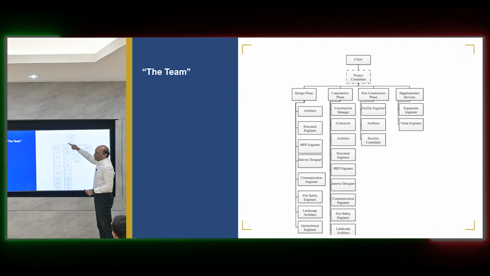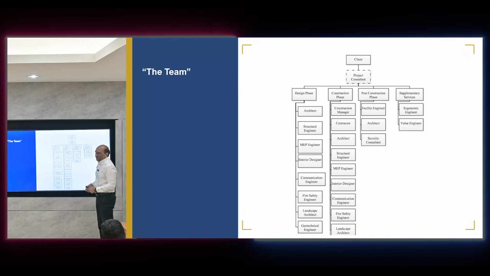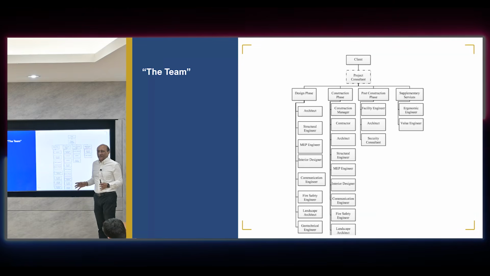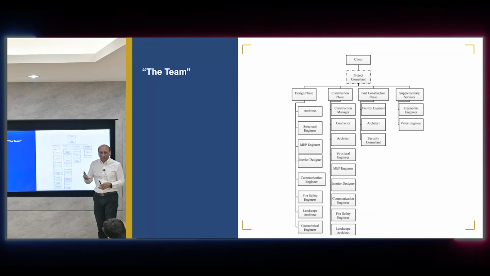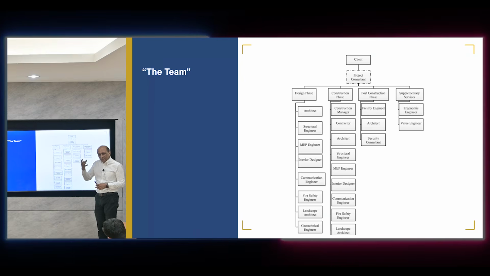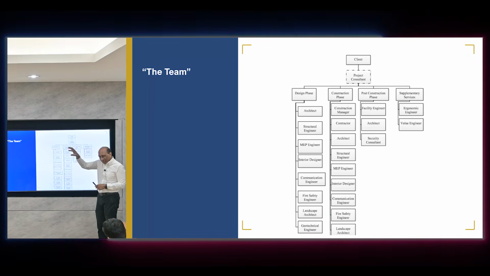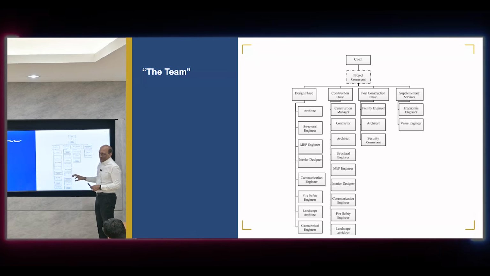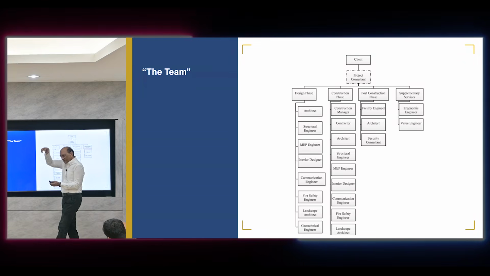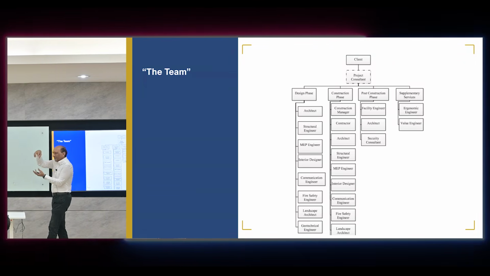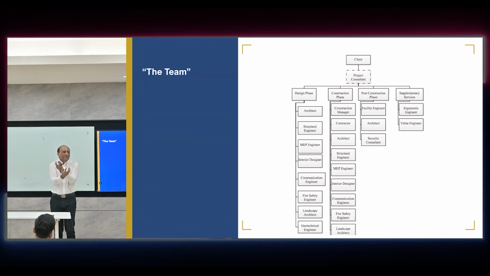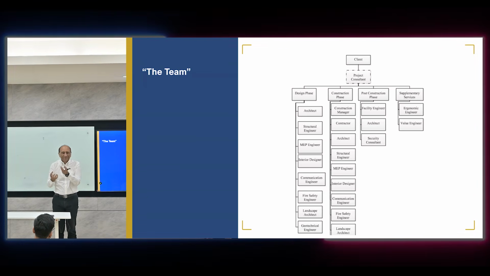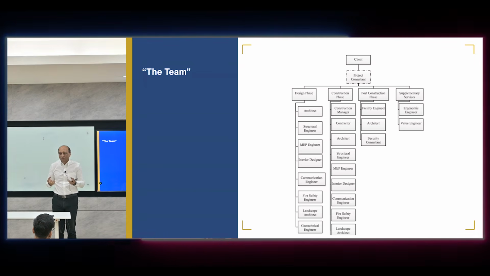Normally, they will hire one project consultant because it's so complex that the client cannot understand directly what's happening. They cannot deal with everyone, so they need a specialist to sit between them and the team. So another consultant comes in, which is the project consultant. The client will first hire a project consultant. They will then hire all the other consultants and do the coordination, because the client cannot have all the technical